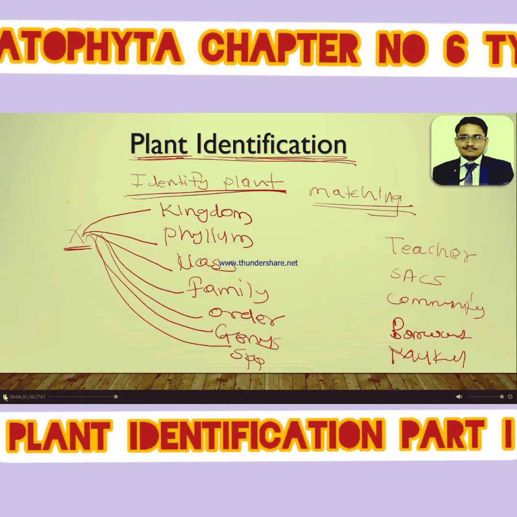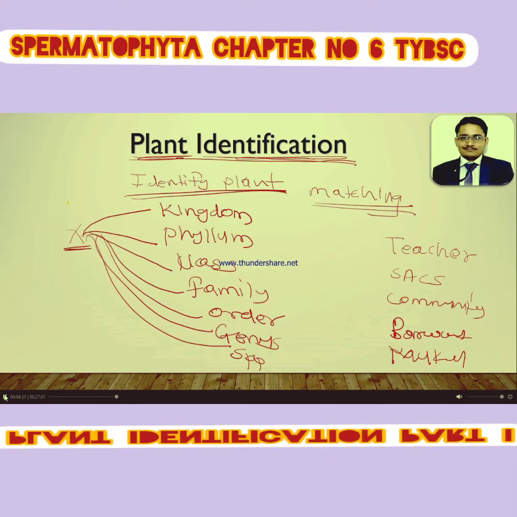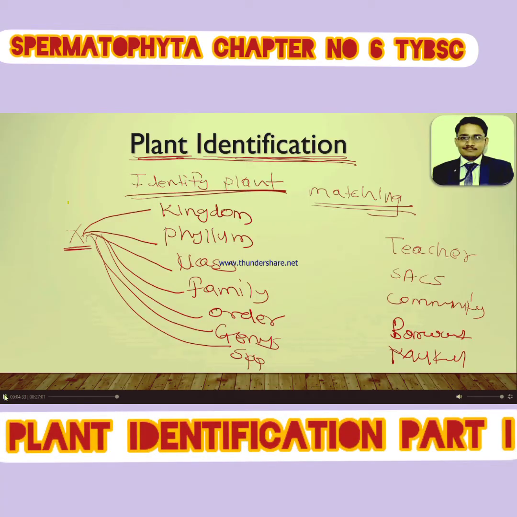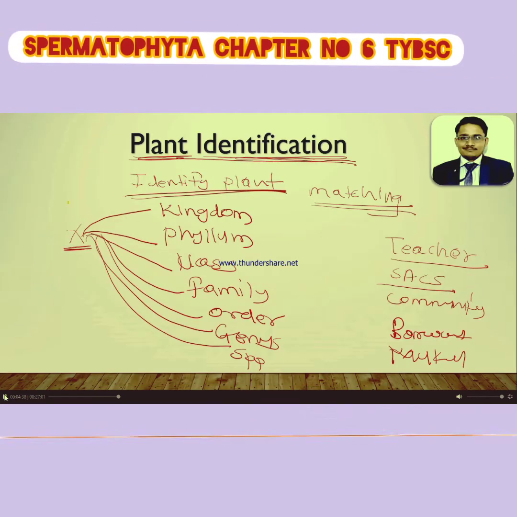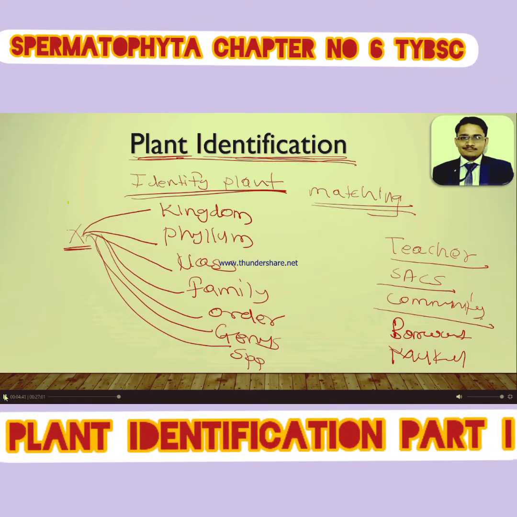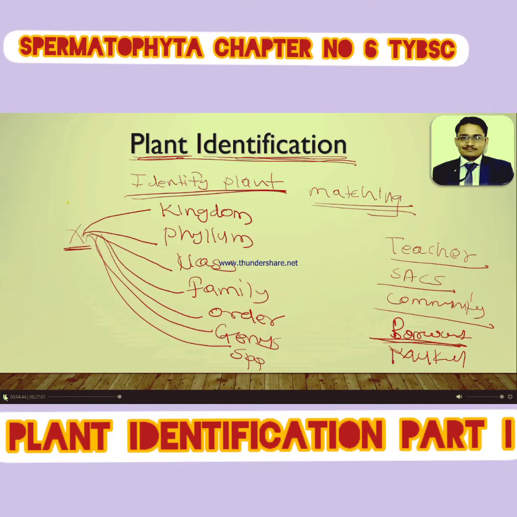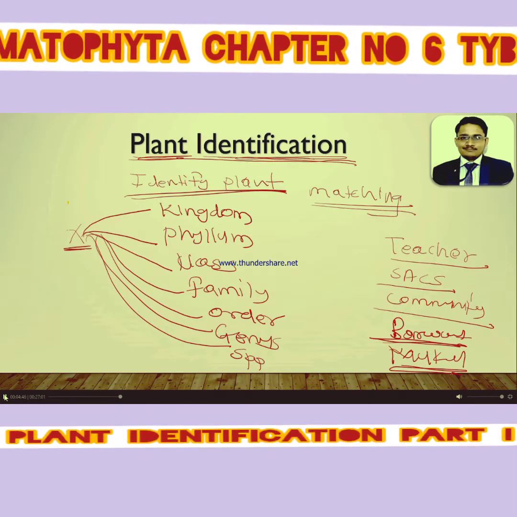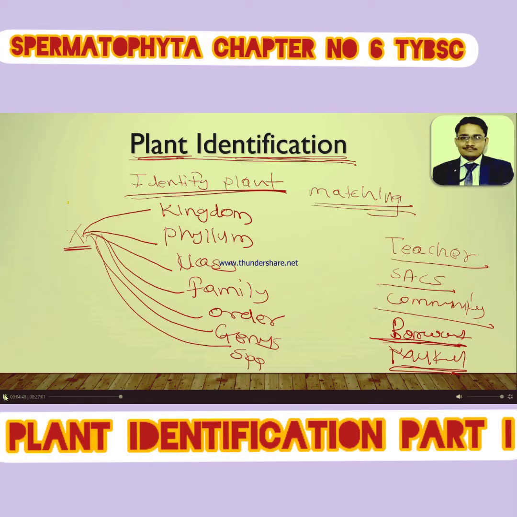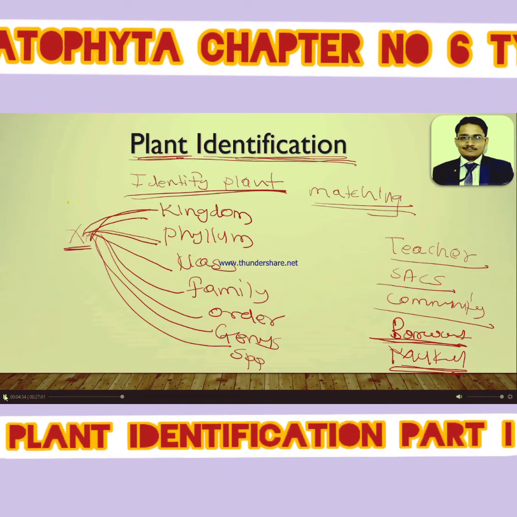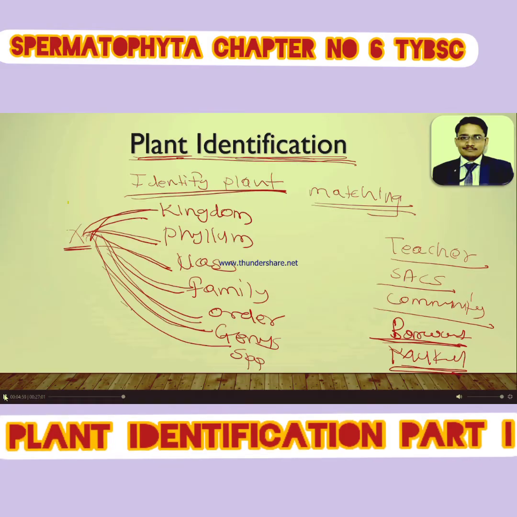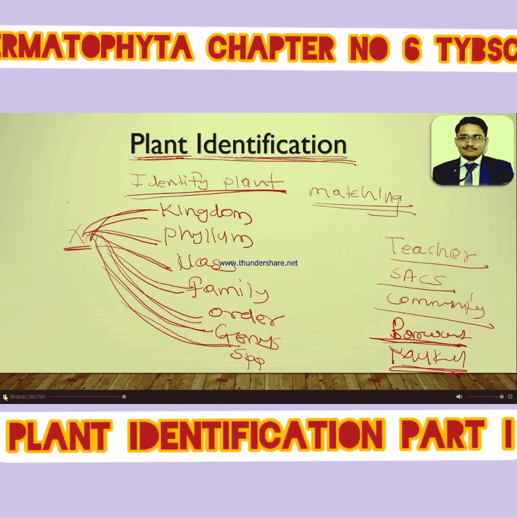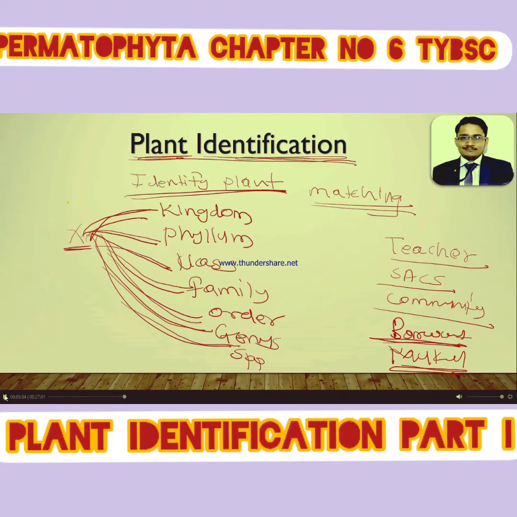Okay, first, who is Mukul Parvat, or who is that person sharing on the screen? He is a teacher, one of the persons who works in a college, living in one community, whose surname is Parvat and whose name is Mukul. In the same way, for X plant, any plant, first we have to place it in a specific kingdom, then a specific phylum, then a specific class, then family, then order, then genus, and then species. In this way we have to do identification.